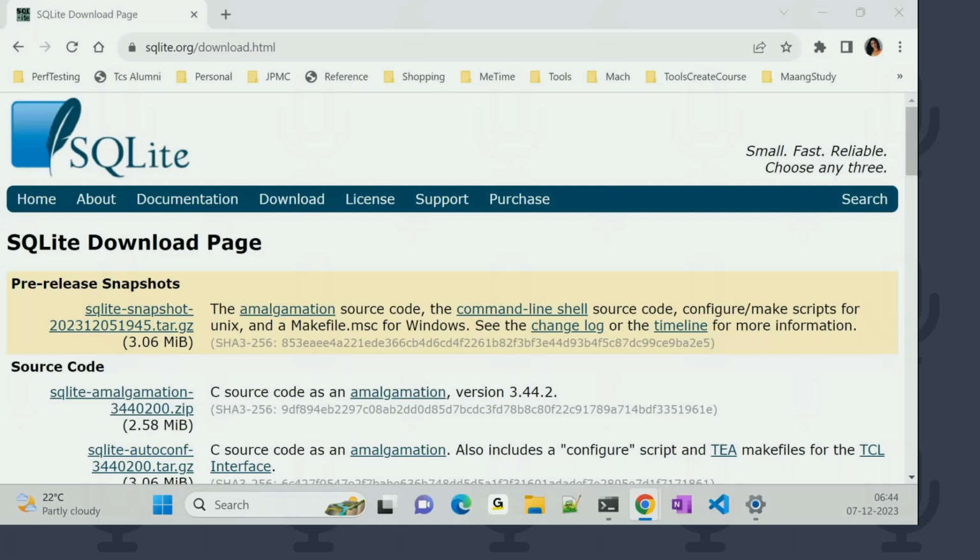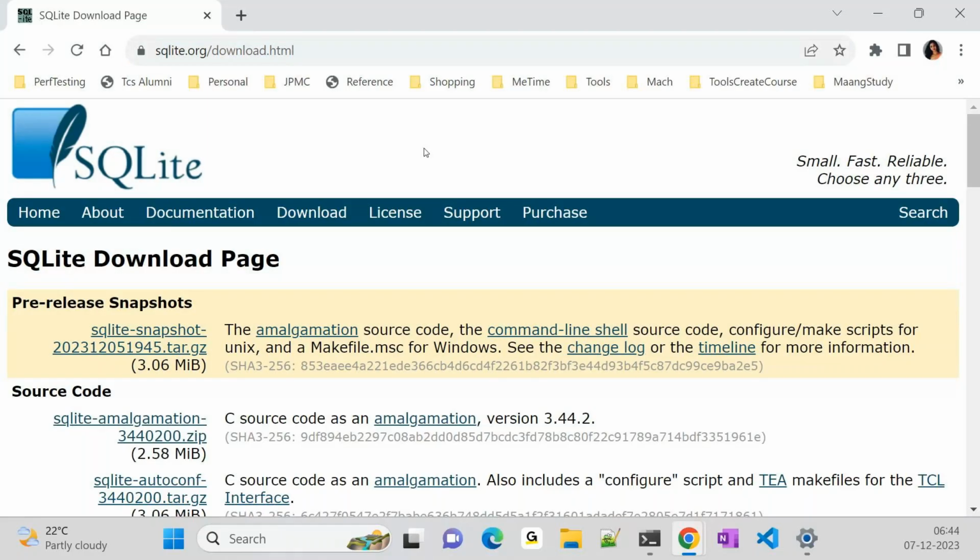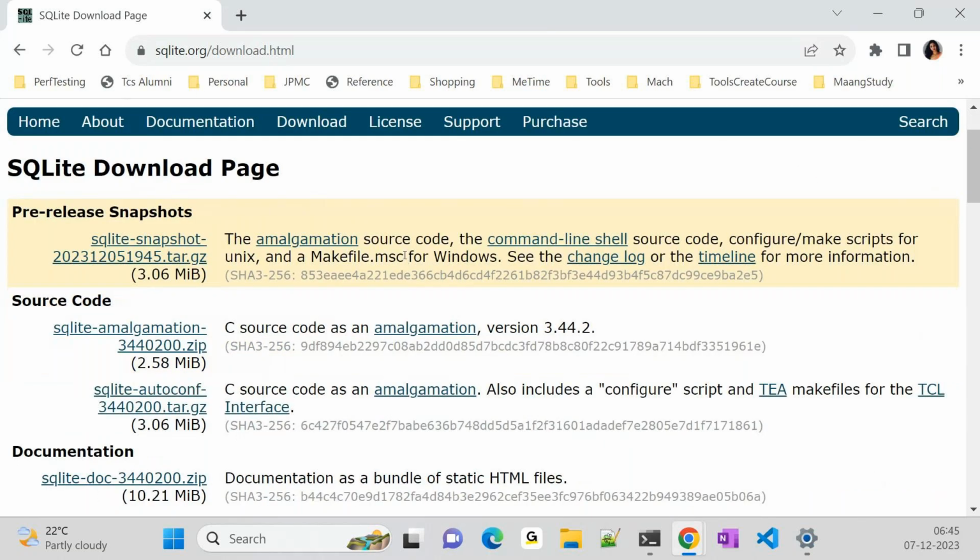So yeah, this is the SQLite website where you can go and download SQLite and install it in your local, which will act like a database in your local. You can create tables directly in SQLite, and you can also try it from your Python code. This is a website I have given in the document. So here I have to go to